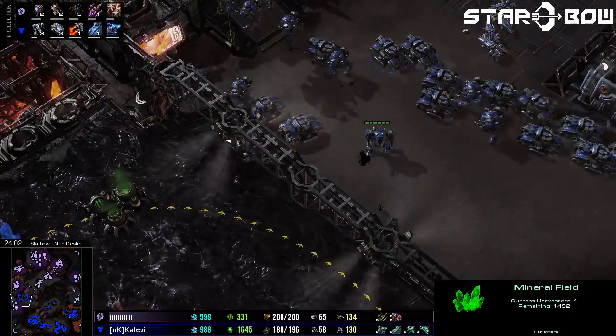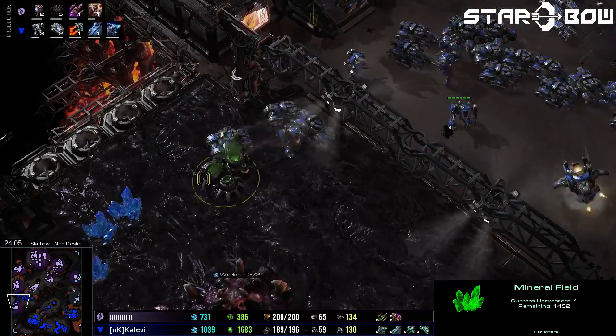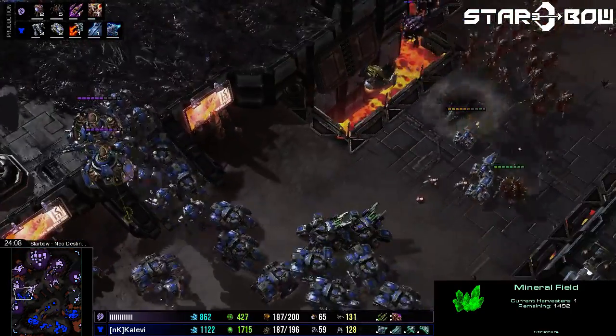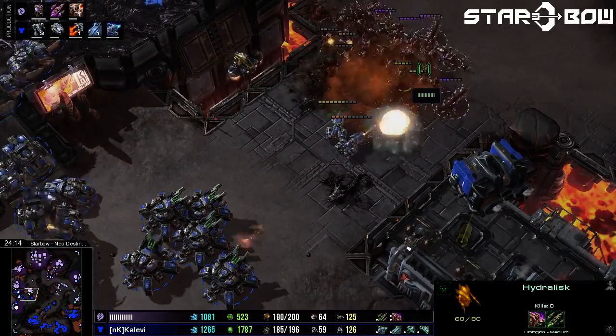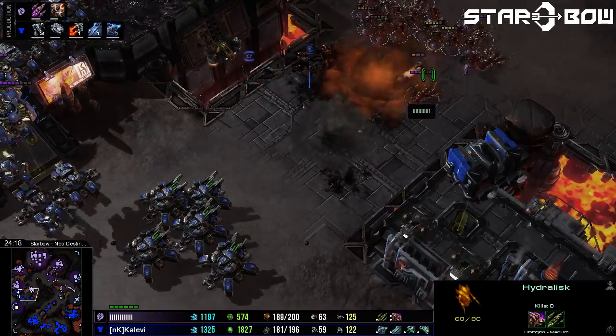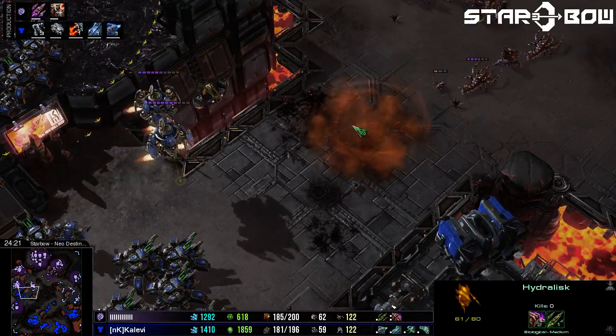Which was actually his base. Actually, he can defend. Man, there are so many times. Oh wow, big attack coming from the Red Bandit, and he's got all the Dark Swarm with him, he's got all the Hydras with him. There are so many Siege Tanks now. Yeah, see, the Siege Tanks do a lot of damage